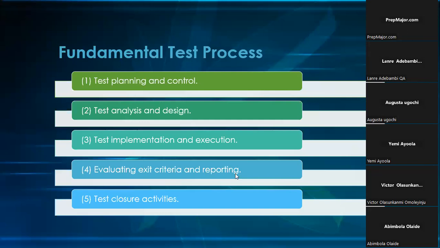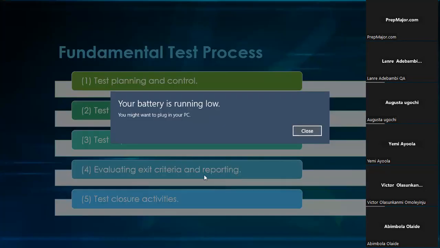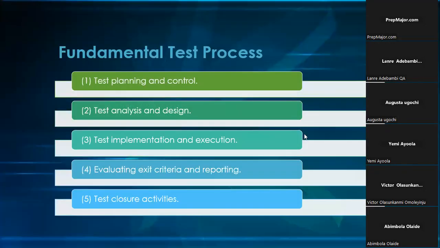So the test closure report is where you analyze to say, these are the tests that we have executed. This is the yardstick. If you have a tool that you can bring out a graph to show us that this is